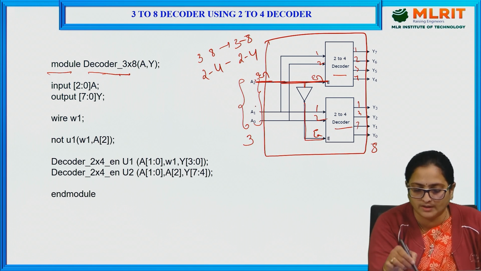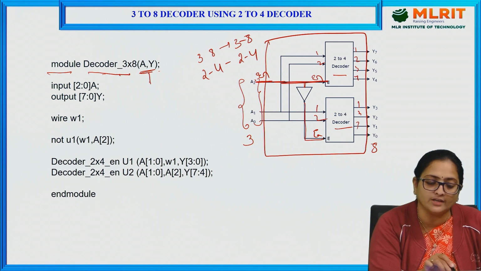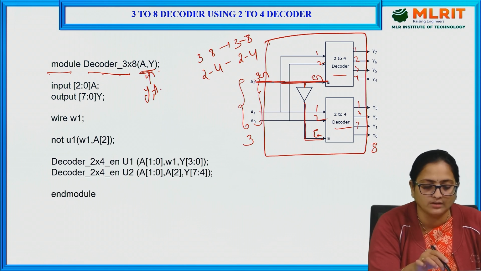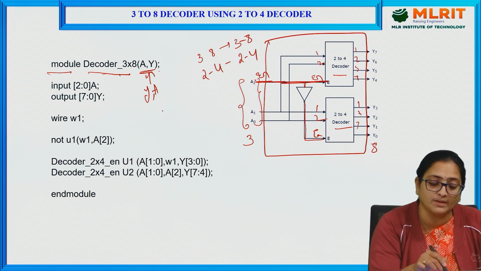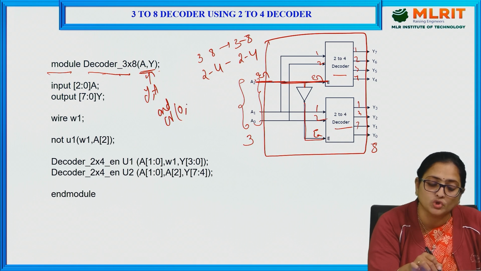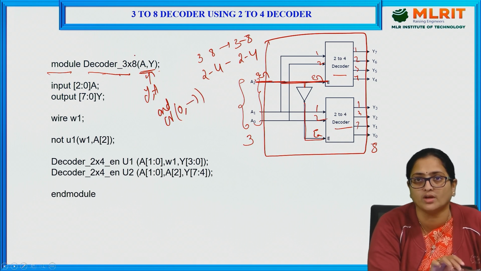Inputs are A, outputs are Y. See, it's not mandatory here to write outputs followed by inputs. Here you can take whatever sequence we require. But when you are using primitives like AND, OR, in those cases you need to take the output first, followed by the inputs. It's not the rule for the module names we are writing here.